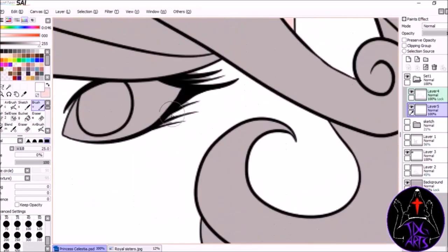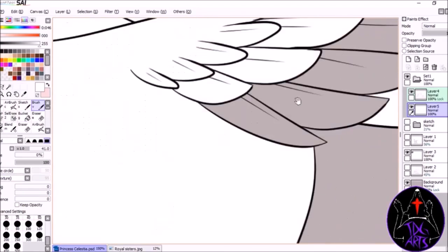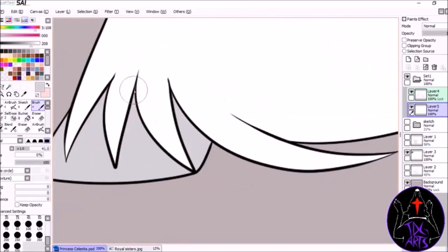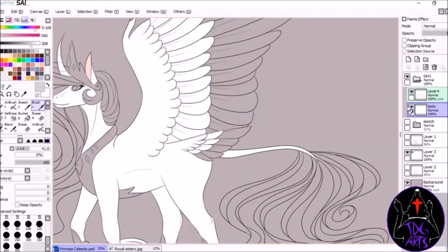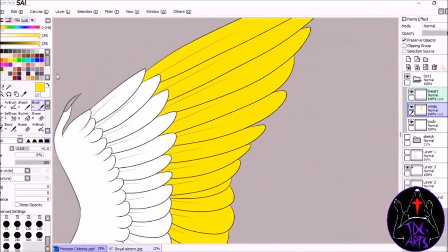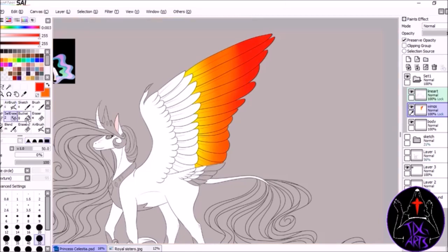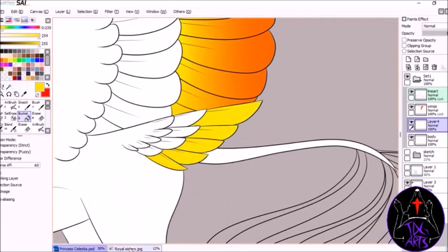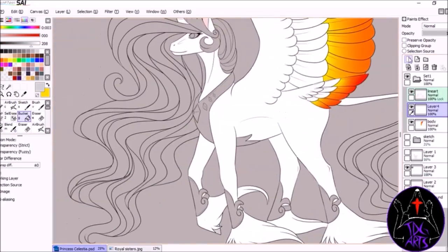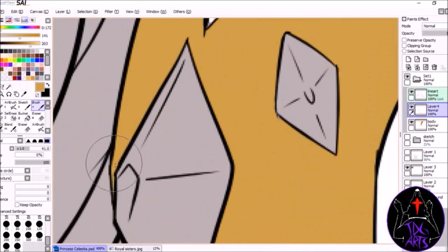I knew what I wanted because this was more of a redraw of a previous picture I did of them, and I knew what I wanted, but a few changes with things. Like her hooves were actually pink, but then I just changed them to a more gray color, and her wings, I knew from the start I wanted to keep them like the older version where she has the kind of sun, you know, an evening glow to her wings to kind of make her look more